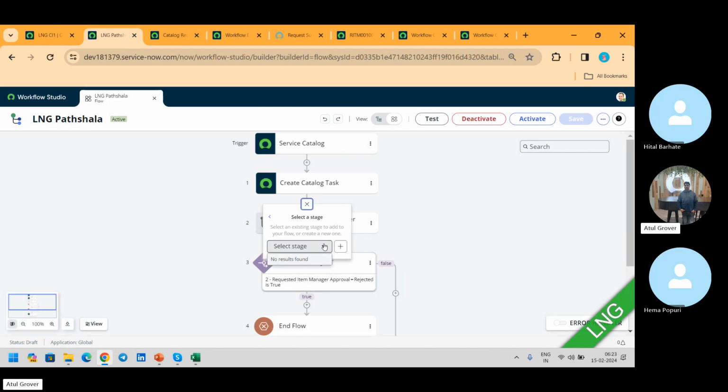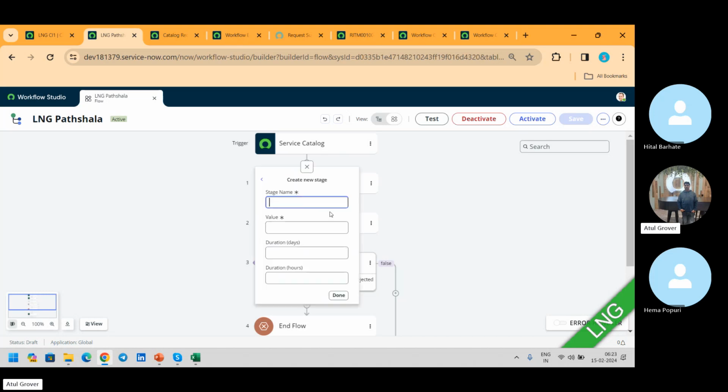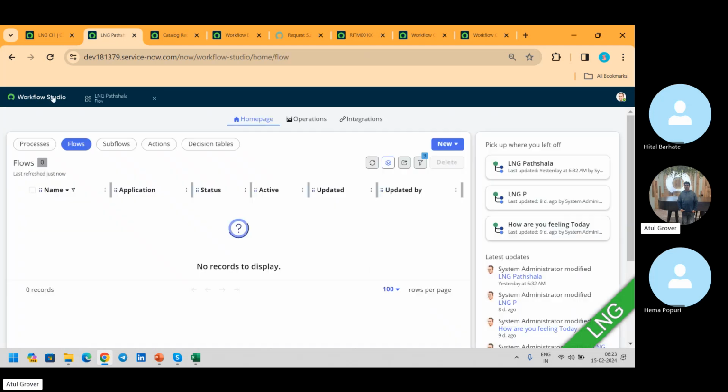क्योंकि कोई है ही नहीं अभी, क्योंकि हमारे वाले में हमने कोई स्टेज रखी नहीं अभी, इसमें हमने ऊपर से वैल्यू सेट नहीं करी. सो दिस इज नथिंग इज शोइंग हियर. सो बट यू वांट, यू कैन पुट अ न्यू स्टेज हियर. नाउ इफ आई शो यू द आउट ऑफ द बॉक्स,